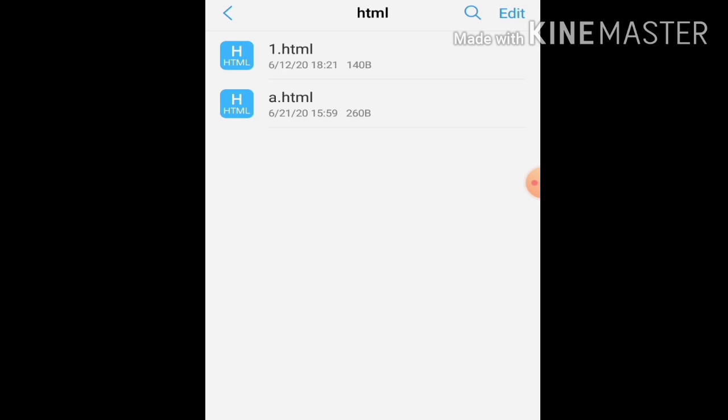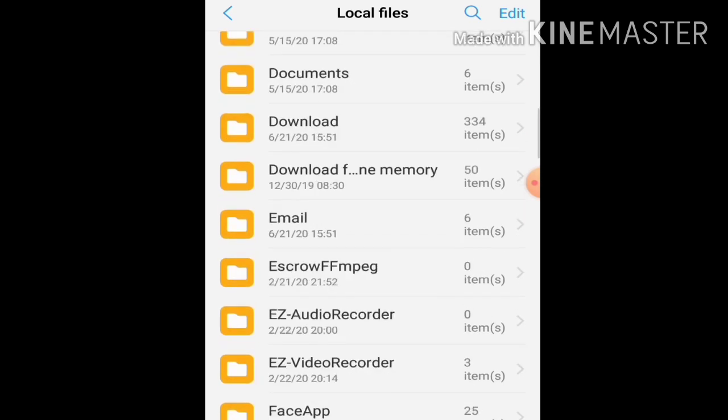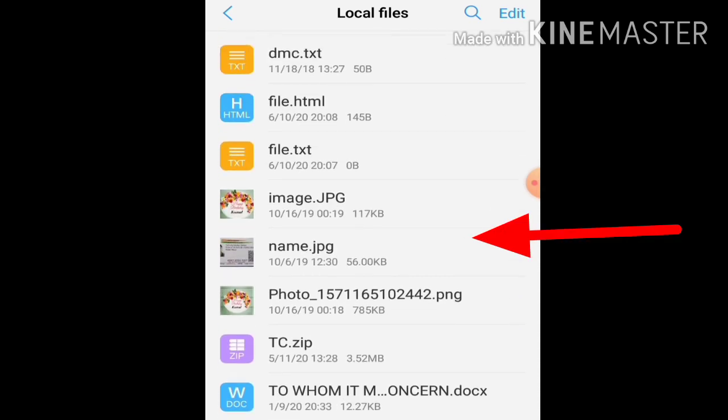In this particular HTML folder I have to insert my image file. See, this is my image file.